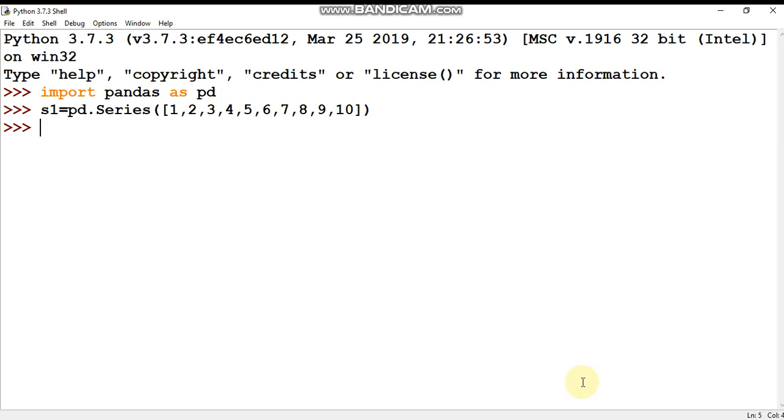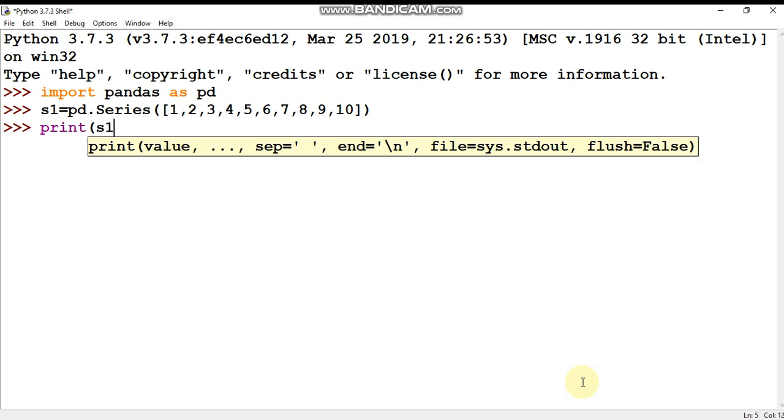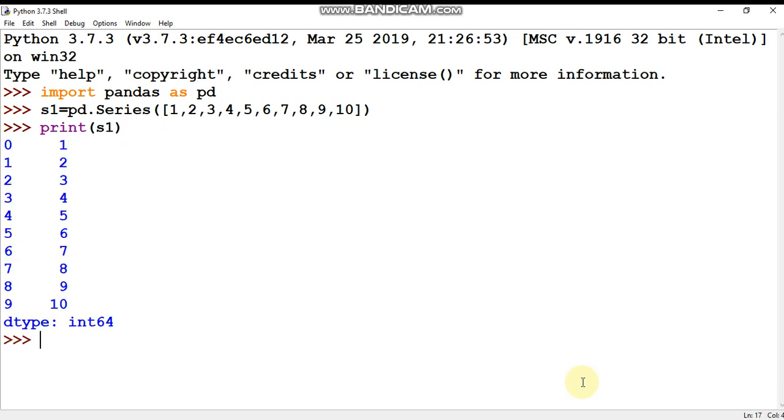So the s1 series has been created. Now I'm going to print s1. Okay, so the elements of this series are 1 2 3 4 5 6 7 8 9 10, and the indexes are 0 1 2 3 4 5 6 7 8 9.